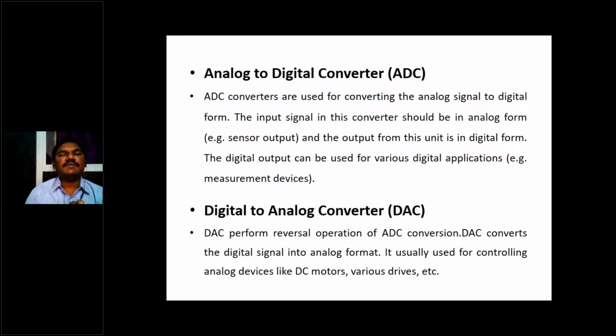So the signal reaches the microcontroller and it performs some operations. Again, it goes to the outside world. When it is going to the outside world, what is happening? Again, we need a digital to analog converter, because we can see only the input and output. The process is happening inside the microcontroller. So that's why here input is analog, output is also analog, and this input analog and that output analog will be converted by ADCs and DACs.